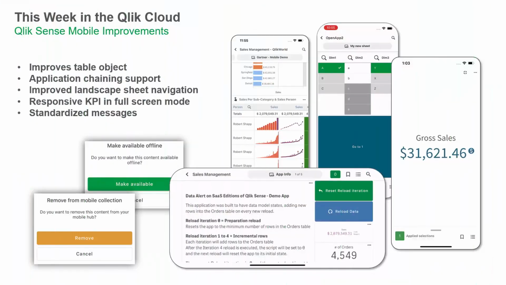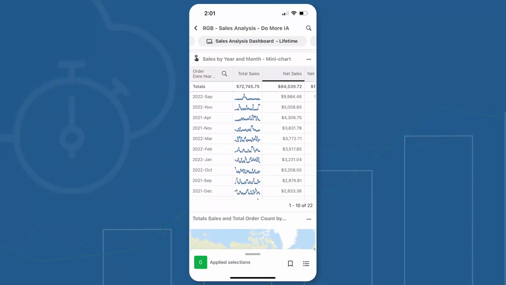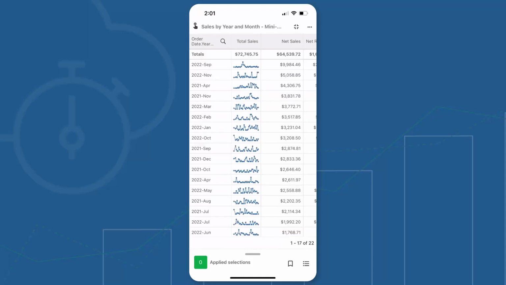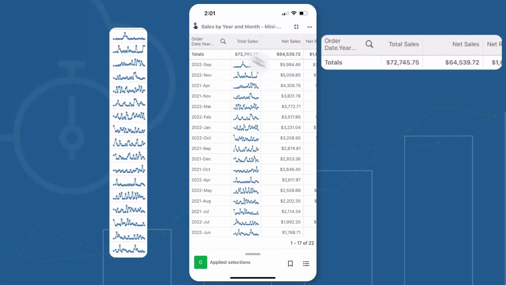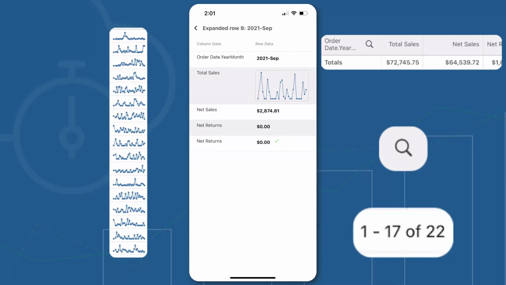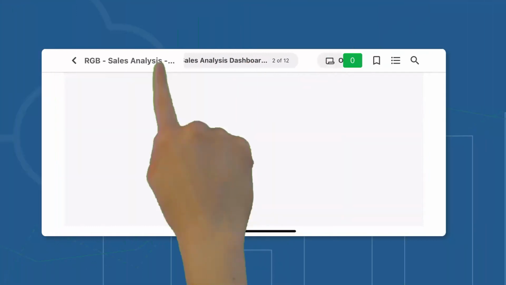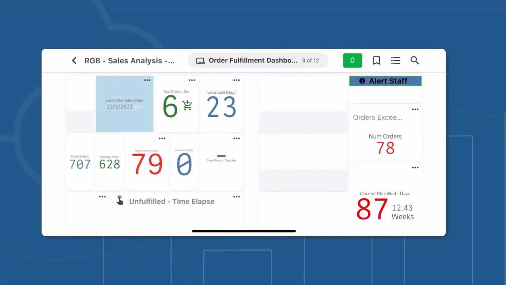This week, we've added improvements to Qlik Sense Mobile that enhance usability and insights on the go. We have significantly improved the mobile table object with better rendering, including additional support for mini charts, totals, search, row counts, and the ability to expand rows and copy cells, replicating many of the capabilities you would find when using a web browser. We enhanced our landscape mode sheet navigation, adding a quick way for users to switch between sheets